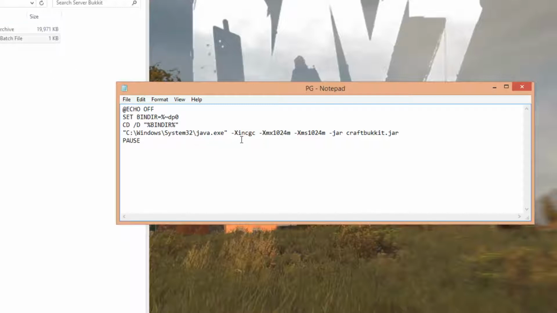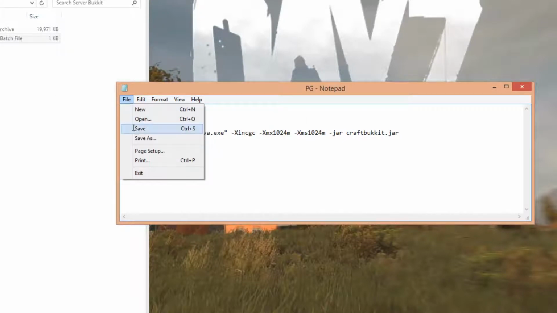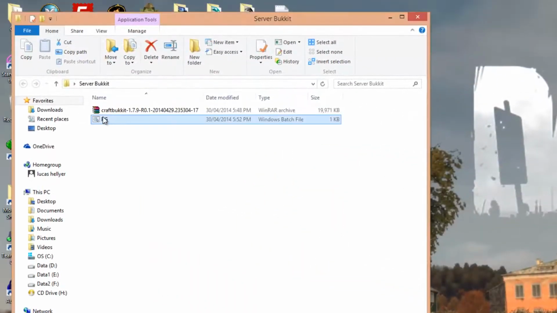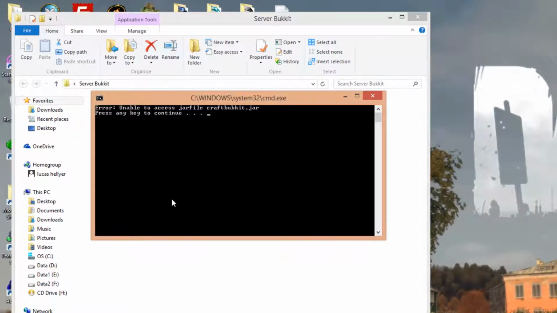Now just a note, if you have a lot of RAM on your computer, you can actually make it bigger here. So if I just put that to like 10,000, anyway, I'm not going to do that, but basically you're done. It should work now. So you want to file, save, and then as you can see,